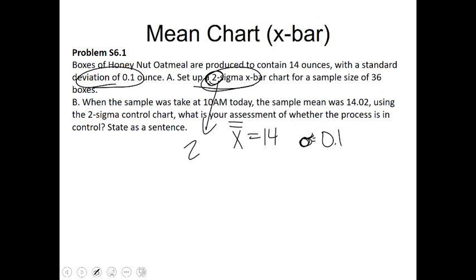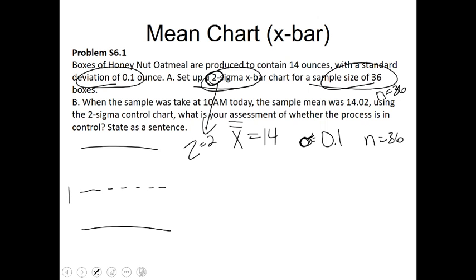In some problems it'll say give me a 3 sigma X bar chart, and in that case Z would equal 3. In this case Z is 2. For a sample size of 36, remember sample size in statistics is the small letter n equals 36. We have everything we need to solve this problem because we know our formula for the upper control limit, and our mean we know is 14. We want to know what the upper control limit is, and that would be our X double bar plus Z